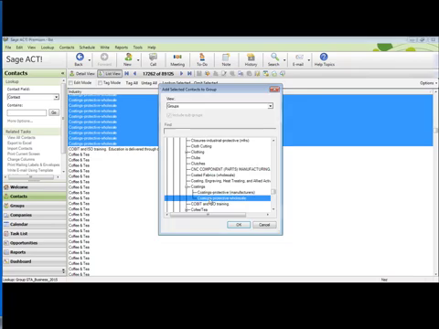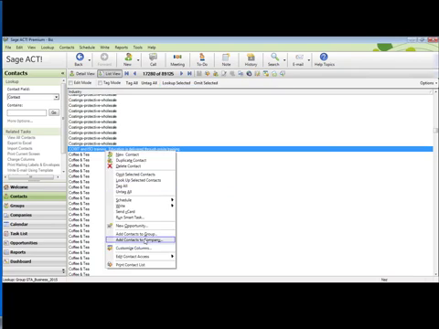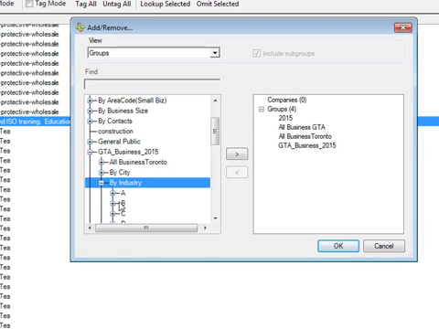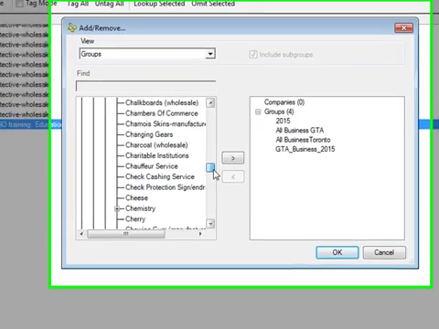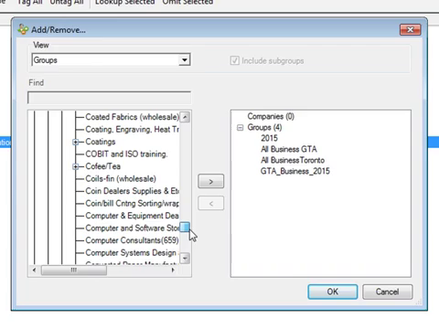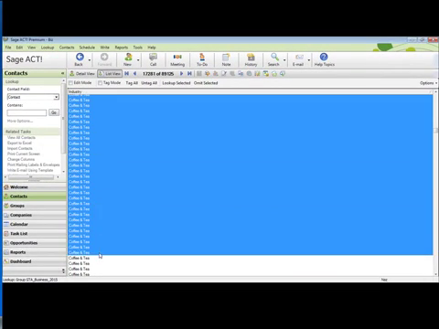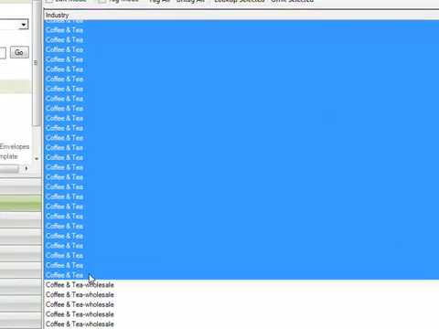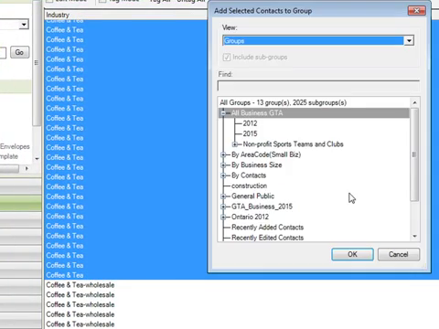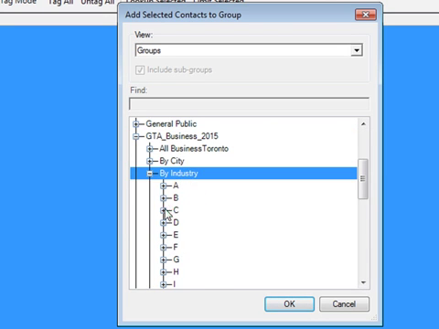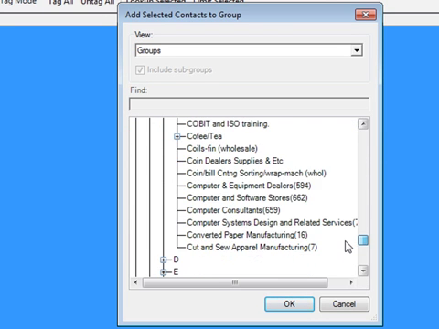coated protectives, and this thing. It's a bit different because it's C, COBIT. So I find it easier just to memorize the name so I don't have to keep glancing at it, and also it's much faster that way. So coffee and tea, contacts to group, C, coffee and tea,